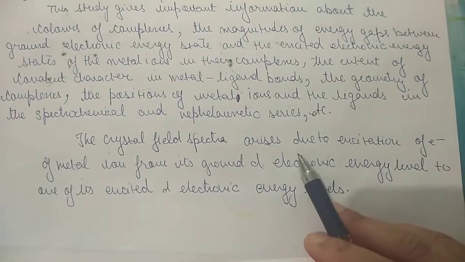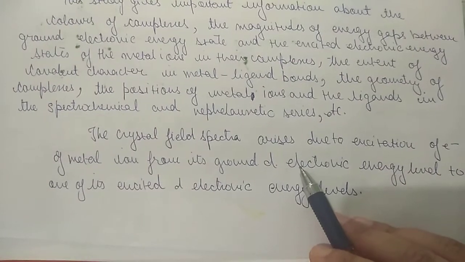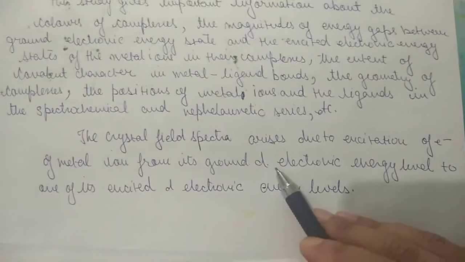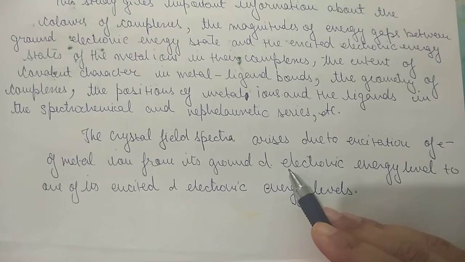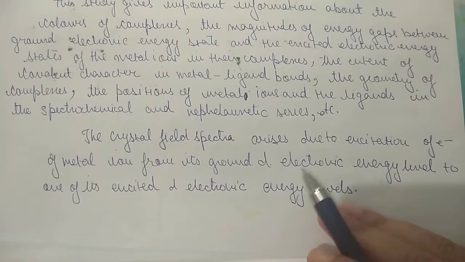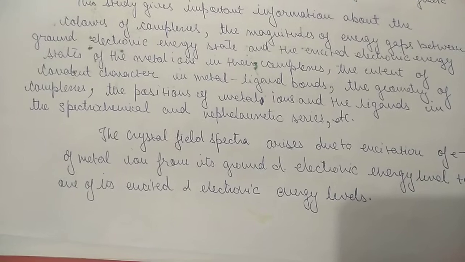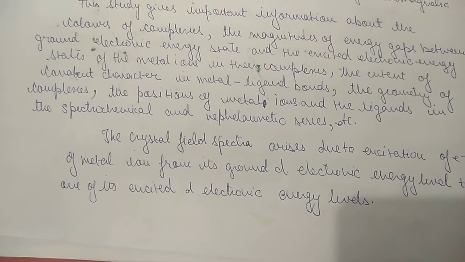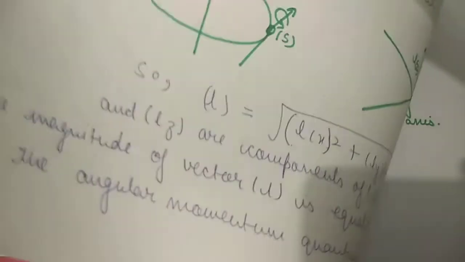Now crystal field spectra arises due to excitation of electron of a metal ion from ground state. This arises due to splitting of d level, and why does the splitting take place? Because of the differential approach of the ligands. The approach of the ligands toward the central metal ion is different, so that leads to splitting, that we have studied in the previous part. So next we have